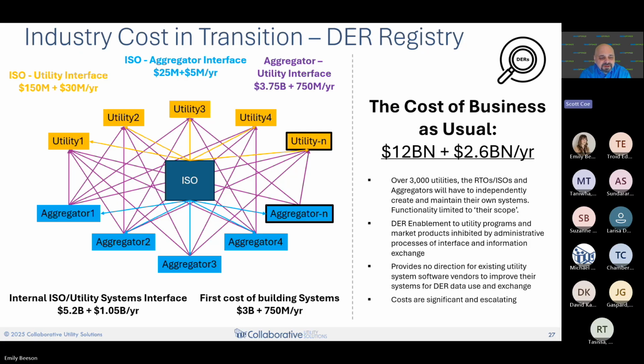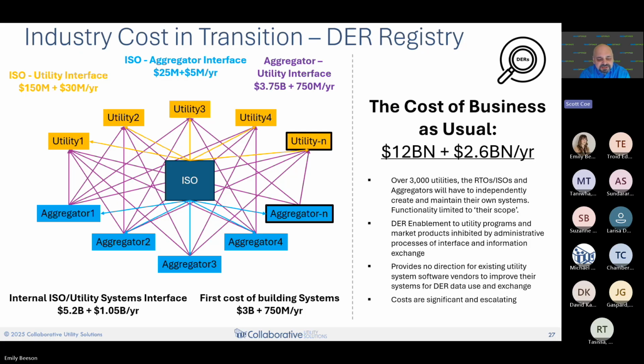But now if you think about all of those same aggregators going to all those other utilities, now you have this explosion of many-to-many interfaces. Again, we have 3,000 utilities, not just 7. With FERC 2222, they'd all be communicating with at least one utility.